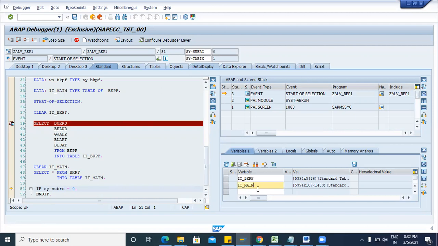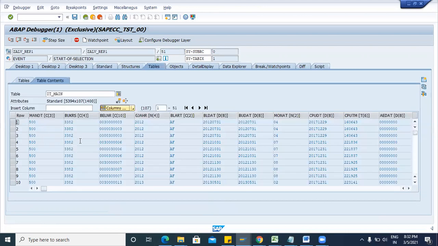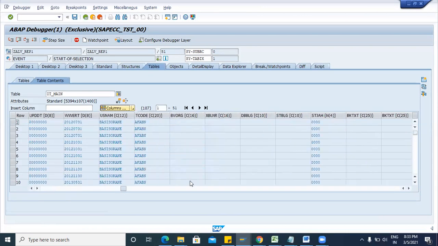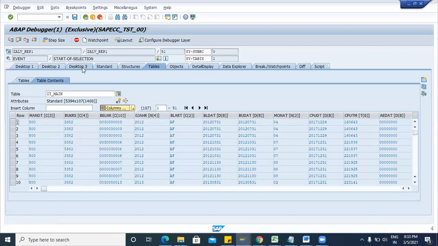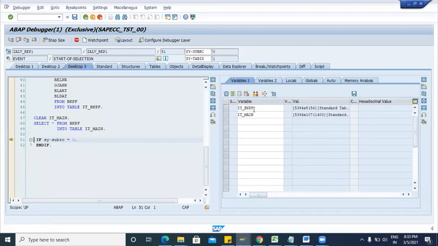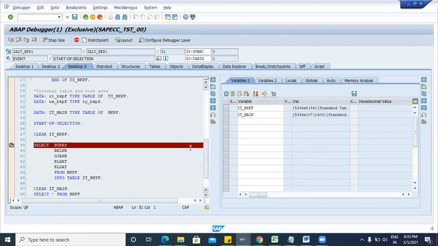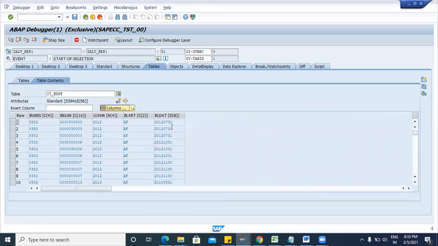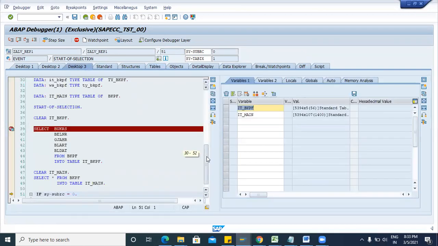In IT main you can see the field 107. So in this IT main, we have fetched all the data, all the fields from this standard table. But in the IT BKPF, I have declared only 5 fields, so it fetches the data only for these fields. This is the difference.